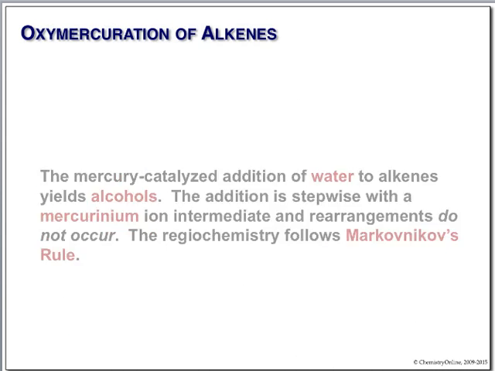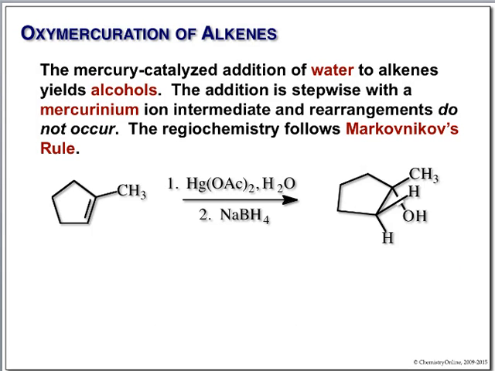This is called oxymercuration. What you do instead of using strong acid is you use mercury(II) acetate. Mercury(II) acetate gives exactly the same product, except no rearrangement, and it's so much more civilized. Only downside is that you wind up with a reaction pot full of mercury, which you have to flush down the sink, and it goes to IOA anyway. But